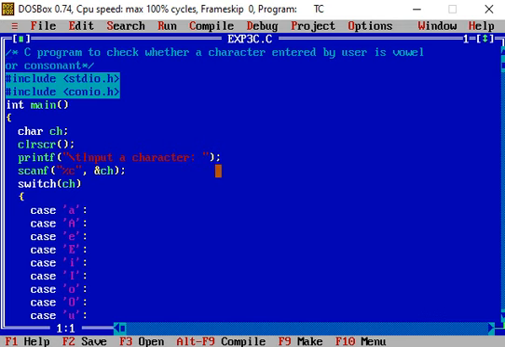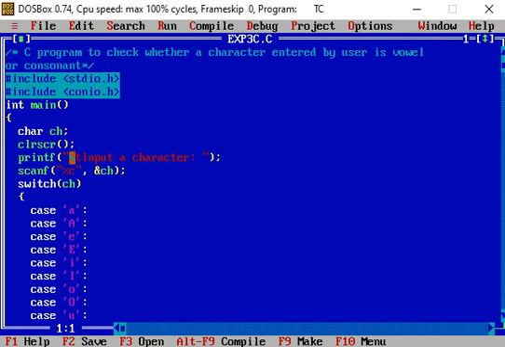This message is printed on the output screen, and see carefully that before input here is \t. This \t moves the cursor from the beginning of the screen to the tab position on the right, where input a character colon is displayed.